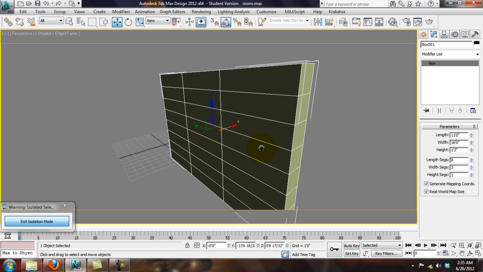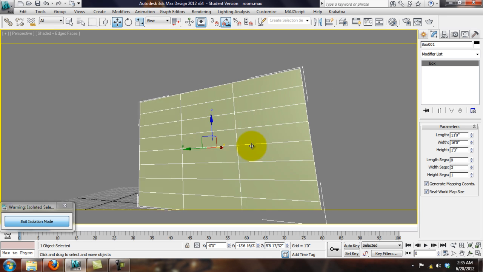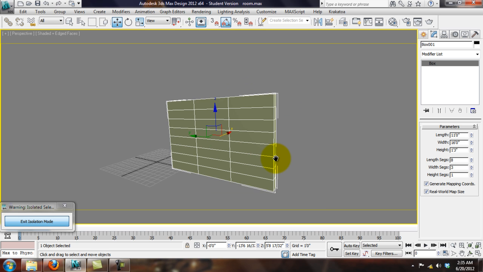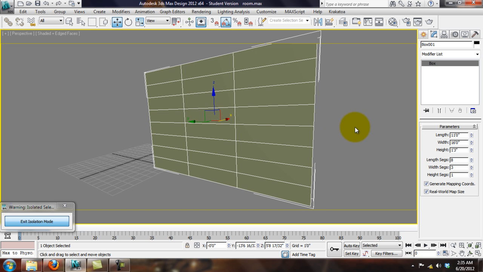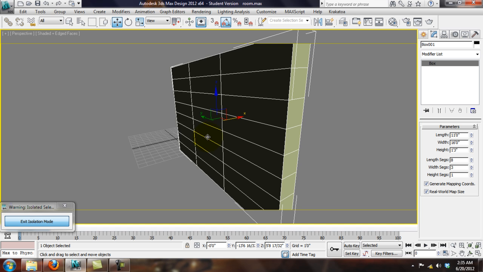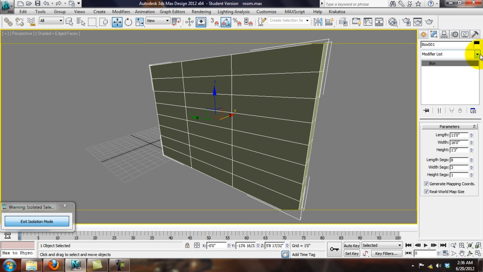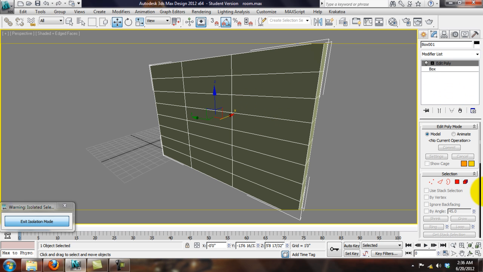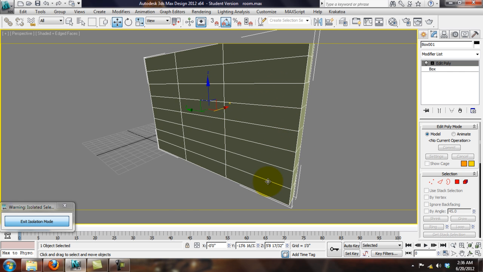This thing's not going to be able to be one long bookcase without some supports in the middle. That looks somewhat proportioned. Alright, so we'll start with that. I like it. That'll work. So the next thing to do is actually turn this into an edit poly so that we can change it to objects. And what I'm going to do is actually select